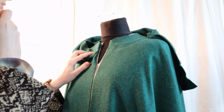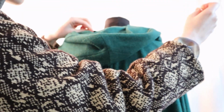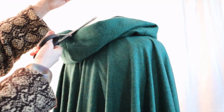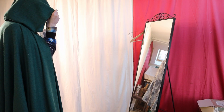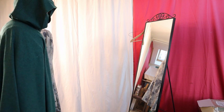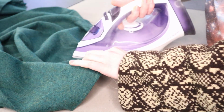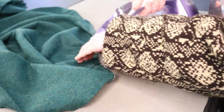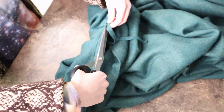So what I did was draw the neckline of the cloak that I wanted to copy onto my cloak in tailor's chalk, and then I proceeded to just tack the hood along that line. I had to do a lot of gathering by eye, but once I was satisfied that it looked good both on the mannequin and on me, I then removed the hood and steamed it into shape. To shrink it, you just do a gathering stitch, gather that slightly, and then hit it with loads and loads of steam. And so once I'd stitched it into place, I sort of pseudo felled it down,